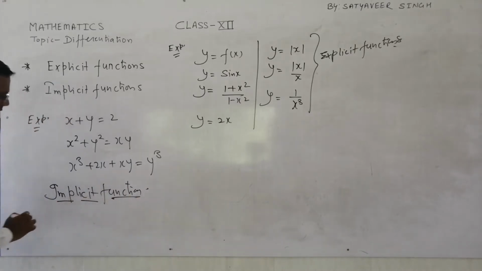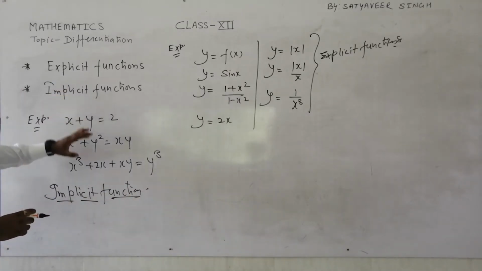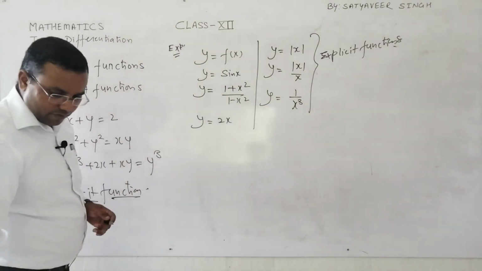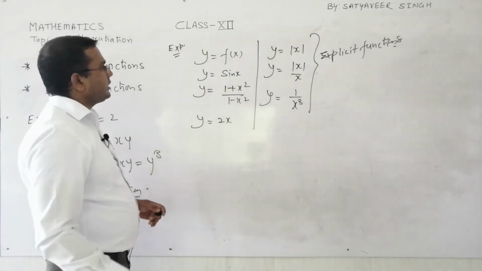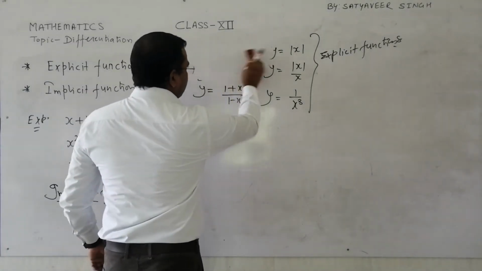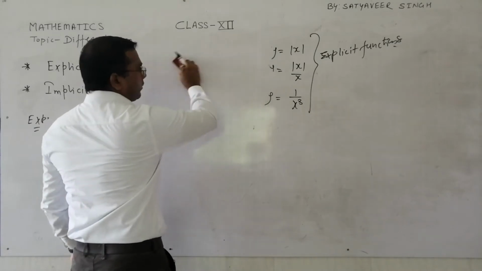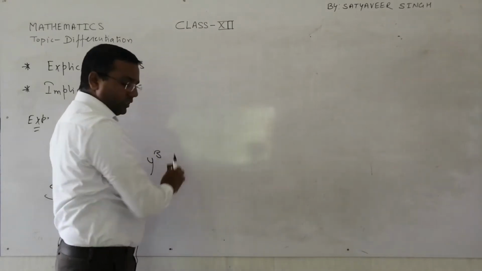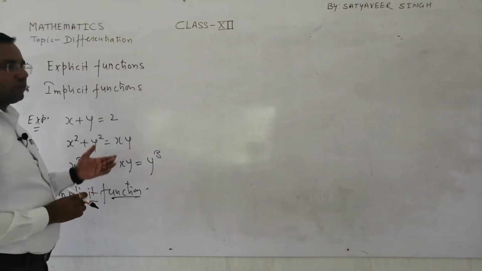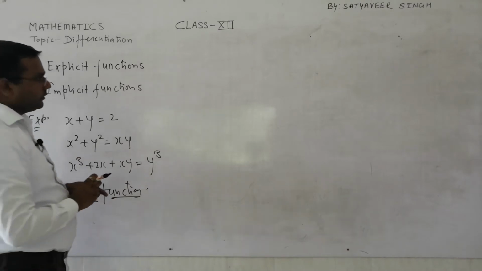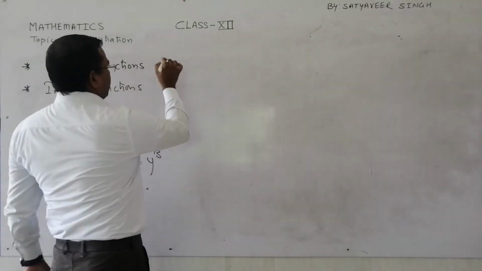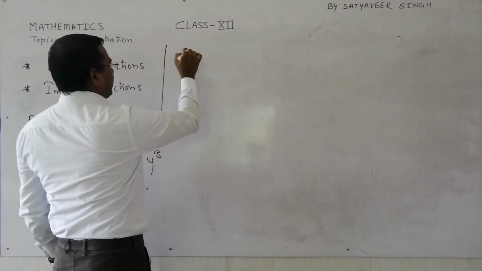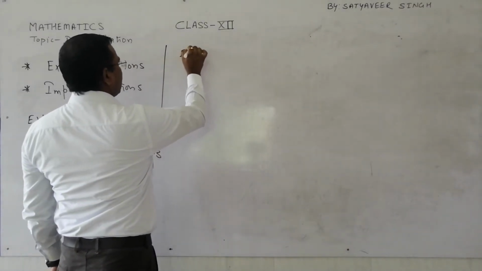Today we will emphasize the implicit function, how to differentiate an implicit function, because we have already learned how to differentiate many explicit functions. This is just for the sake of your knowledge, what is called explicit and what is called implicit. Now I'll explain how to find the differentiation of an implicit function, in the simplest way. I'm not going exactly as per the book. So let us take some examples.